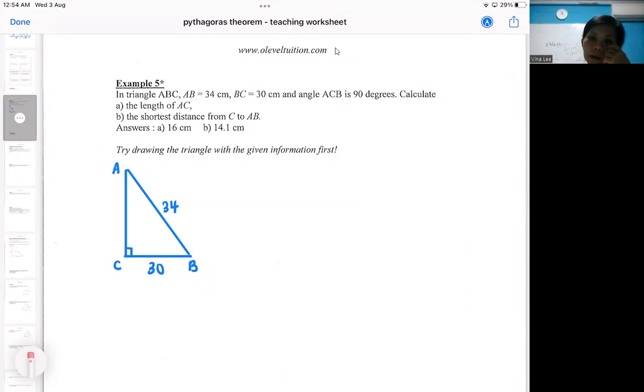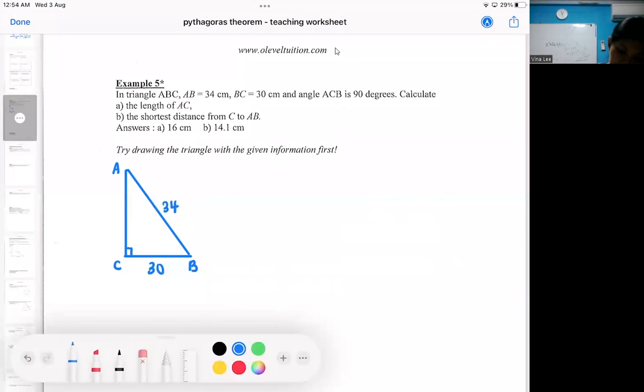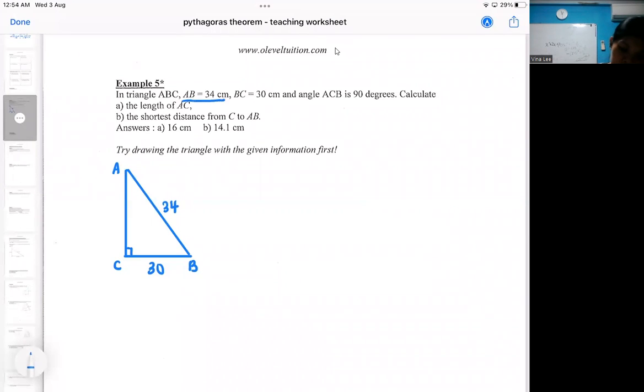When you look at the triangle, if the triangle is not drawn for you, they will have described it to you. So make sure you use the description and try to draw out a proper looking one. I already drew it. From here, if you look at the first part, I think it's quite easy. The first part is just doing a Pythagoras theorem. So you can form the Pythagoras theorem,